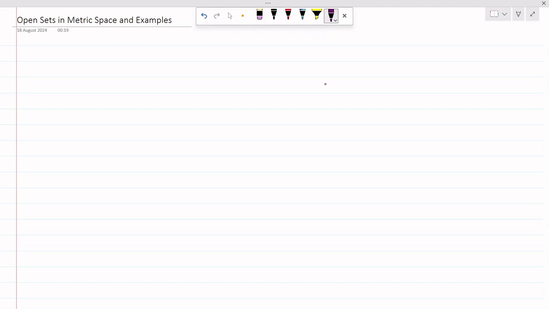In the last two videos on metric spaces, we understood how metric spaces are defined and how open balls in a metric space can be identified. In today's video, we will try to understand what open sets in a metric space are, and we'll see some interesting examples which will elaborate the idea of open sets more clearly to us. So let us first of all start with a definition of an open set.